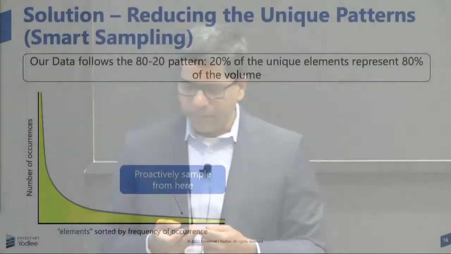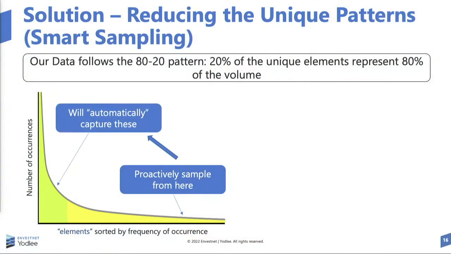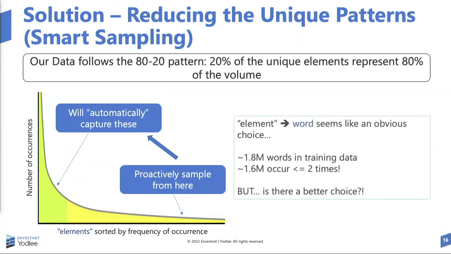Now, if I look at our distribution curve, and if I look at all the so-called words, and plot them out, each word, as I said, is a set of characters or numbers demarcated by a space. If I plot it out, the curve looks something like that, right? In that example, I talked about 1.8 million words, but a big chunk of them occur only one or two times, right? So we have the classical very, very long tail, right?